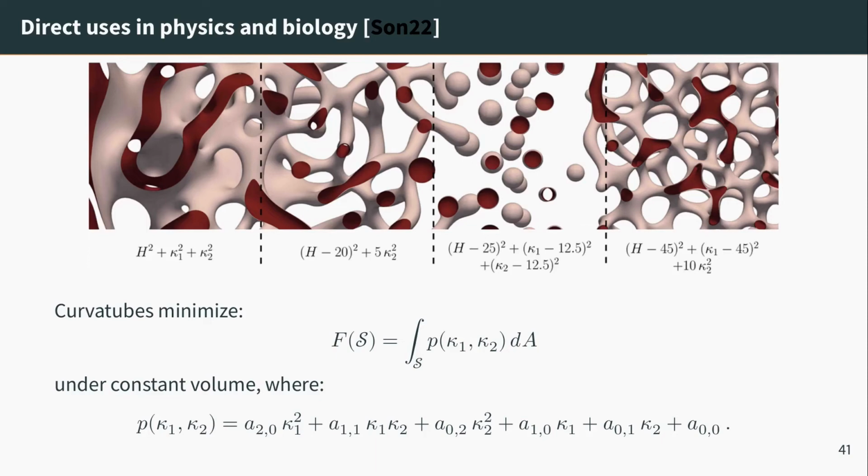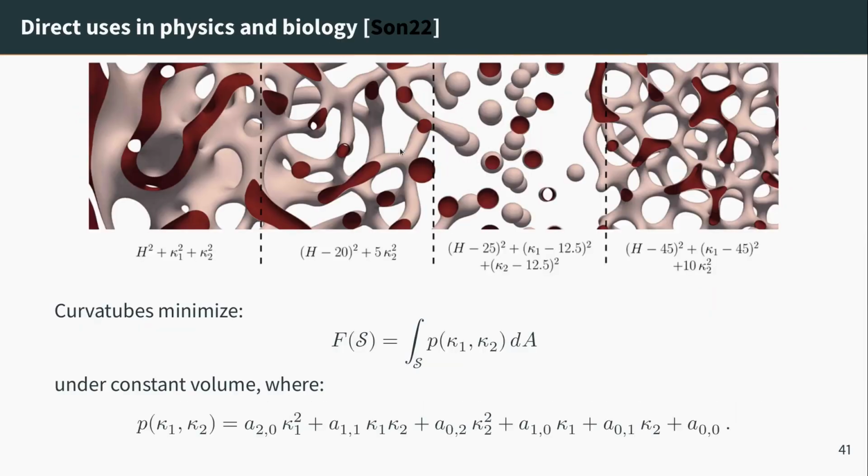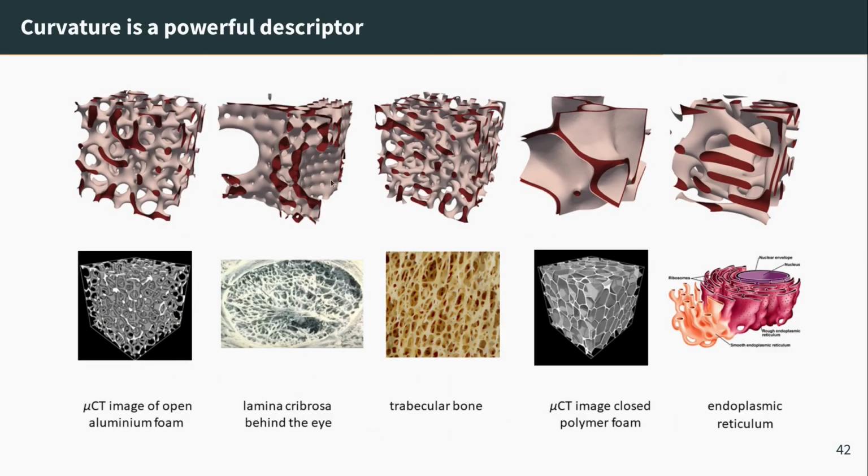And the cool thing is that if you plot the results for different polynomials of kappa 1 and kappa 2, you get shapes that naturally occur in biology. So maybe you get a collection of droplets, you get tubes, you get other tubes, and you get membranes. So when you look at this picture, you understand that curvature, at least in the 3D world, looks like a powerful descriptor. Just using this model with different polynomials, we're able to generate surfaces that look like a microscopic